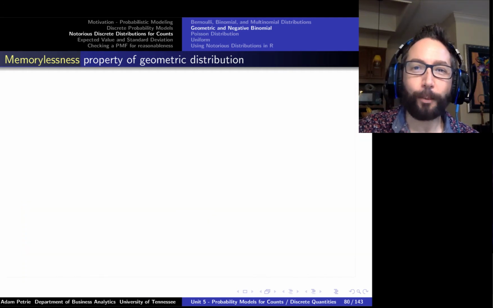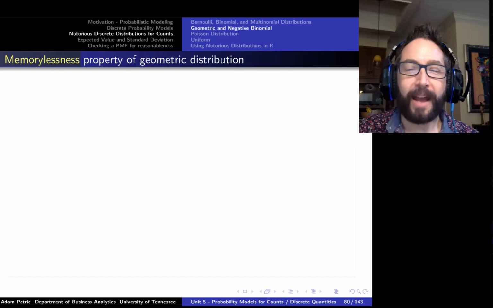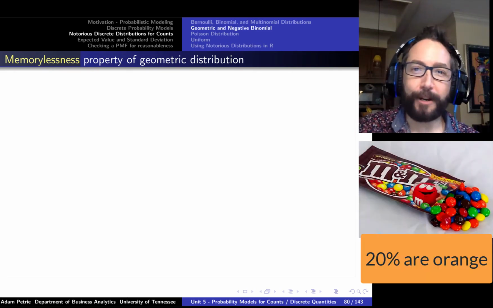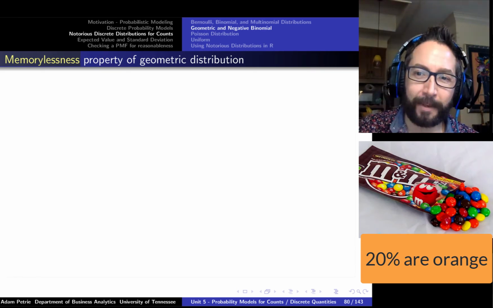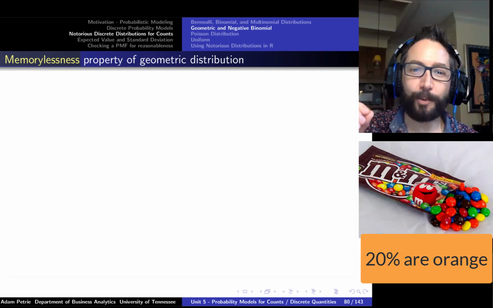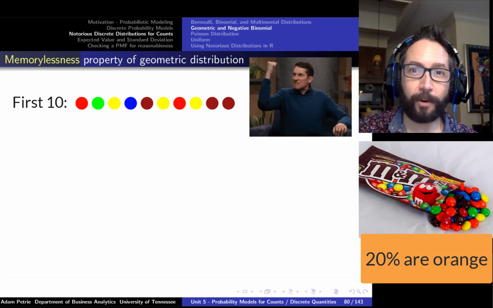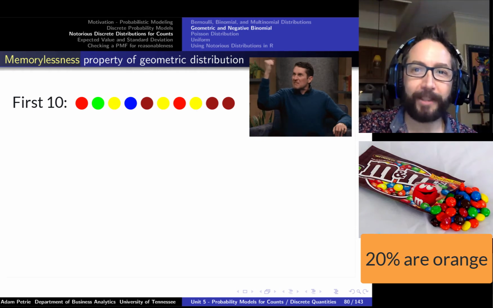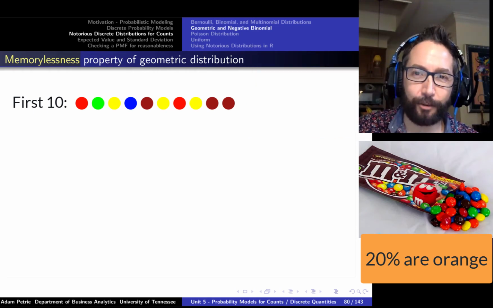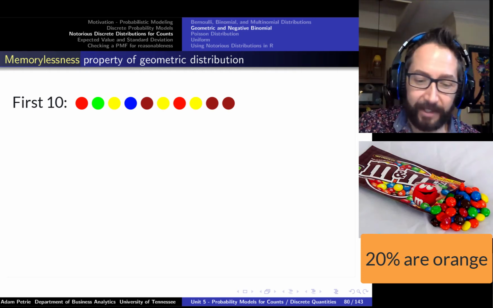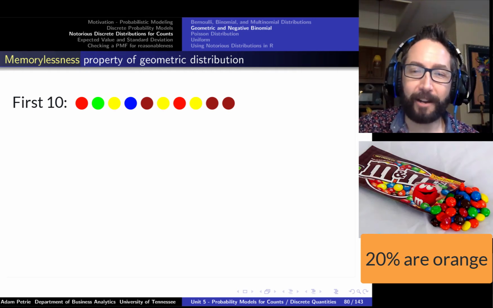So how does this work? Well, let's give it a little bit of a real-world context. We want to get this orange M&M out of this bag. 20% of M&Ms are orange, so we open up a fresh bag. We're excited to get that orange M&M, so we start picking out those M&Ms one by one. So we pull out 10 candies, and much to our dismay, none of those candies turn out to be orange. So surely that's got to be luck. On average, 1 out of 5 of these candies should be orange. So surely we're due, after 10 failures, to have this next orange candy coming up right away.